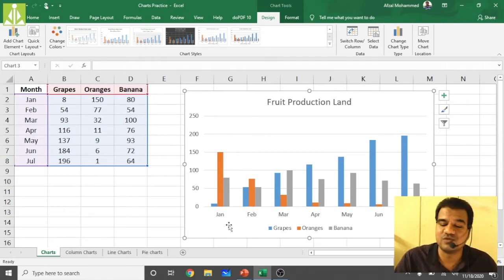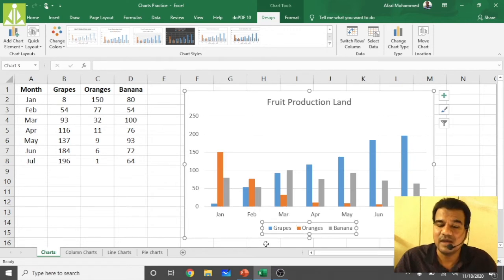If you want to put row values in place of column values, and column values in place of row values, use switch rows and columns. Grapes, oranges, bananas are my columns. Right now I have the legend. We call this thing down here the legend, you have to remember. My legend is on columns and my actual values are on rows.